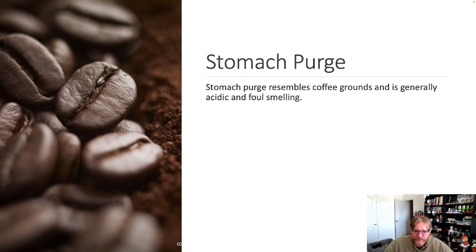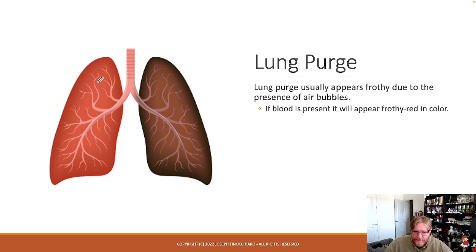Stomach purge resembles coffee grounds and is generally acidic and foul-smelling. Lung purge generally appears frothy due to the presence of air bubbles. If blood is present, it will appear frothy red. They're both probably going to be coming out of the mouth and nose. But if you have frothy red stuff coming out, that's your clue that you probably have to just aspirate some